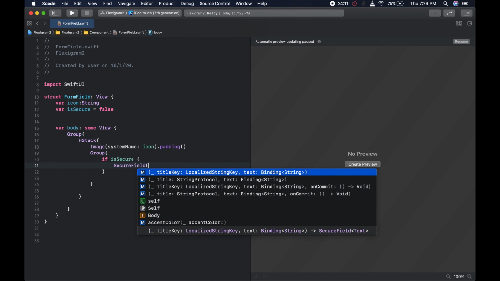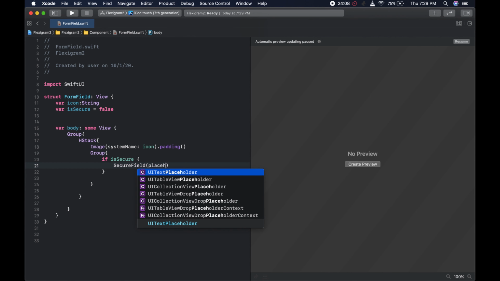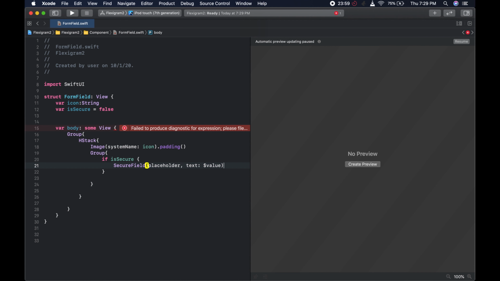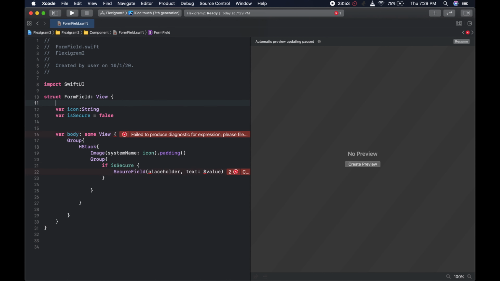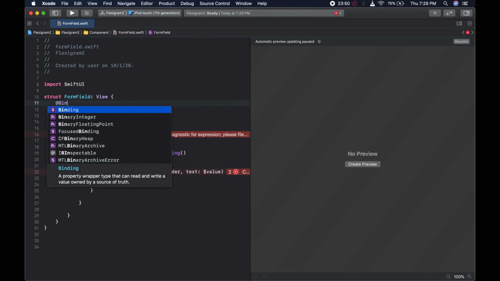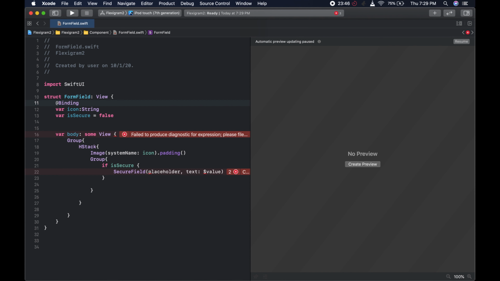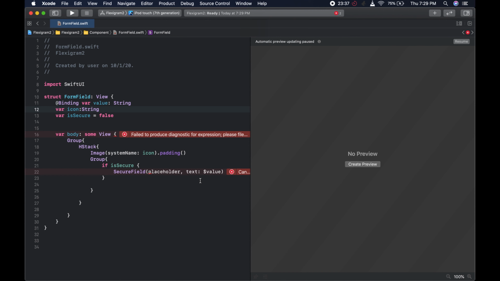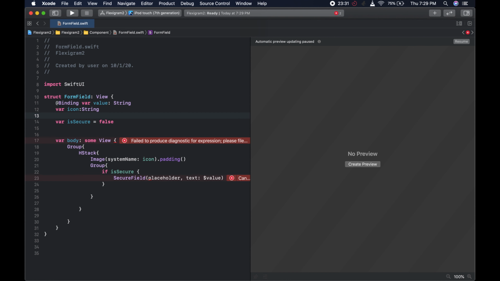like so. And in it, we're going to pass in a placeholder, and the text is going to be value. We haven't created it, right? So for that, we could come up here and create the value. We could say at binding var value, and this is going to be a string, like so. So this will disappear. And placeholder, it's complaining because we haven't created placeholder, and placeholder is just going to be a string because the password is not going to have the same placeholder as